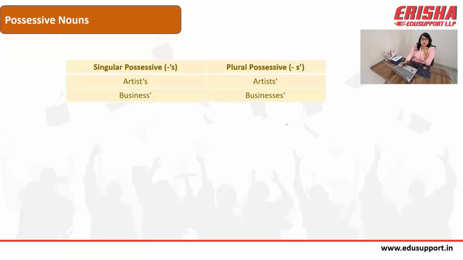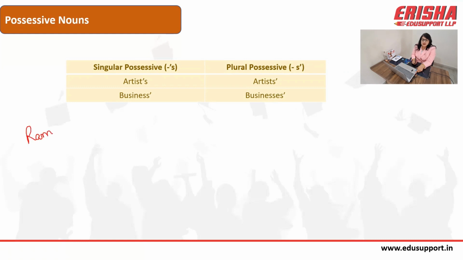The next thing is how to make the possessive form of the noun. The first thing you should know is what the possessive case is. When we make a possessive form, we are showing the possessiveness or the ownership of one noun towards other things. Like when I say Ram's book. Ram is a noun and book is also a noun, right?